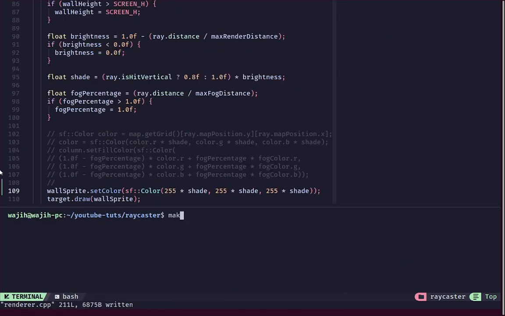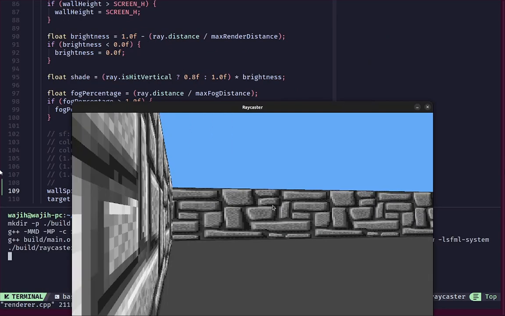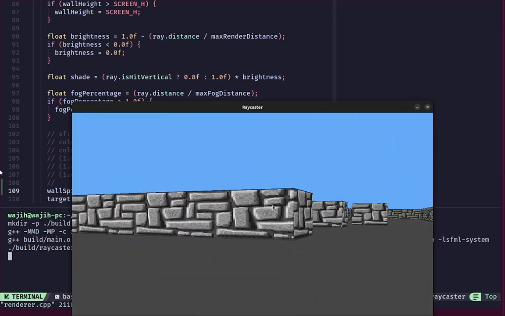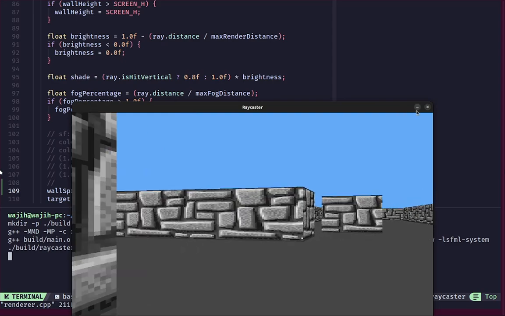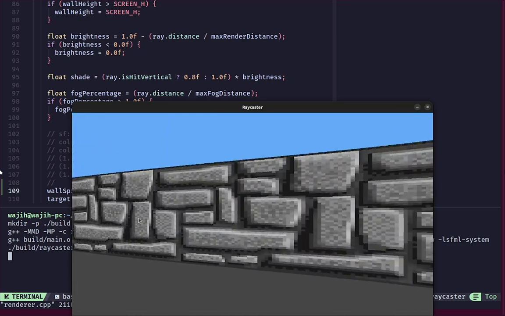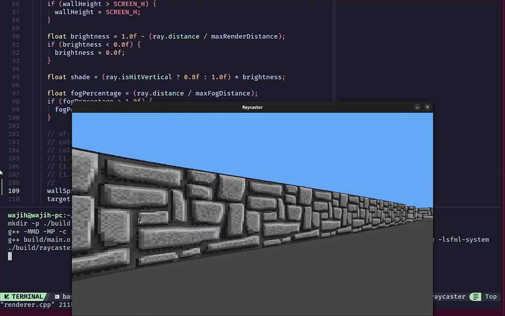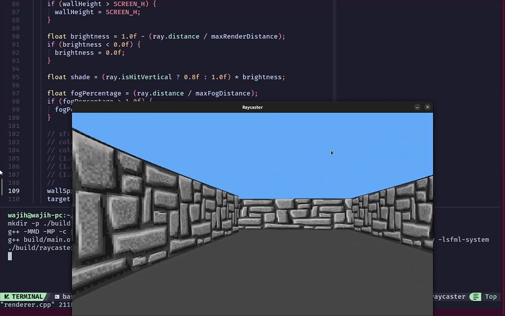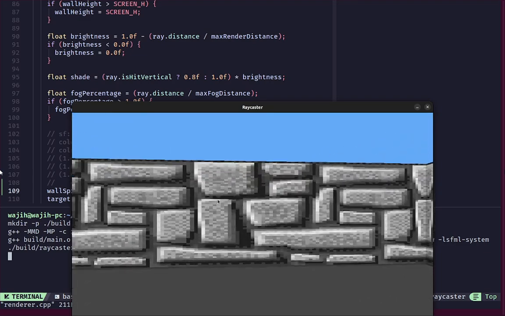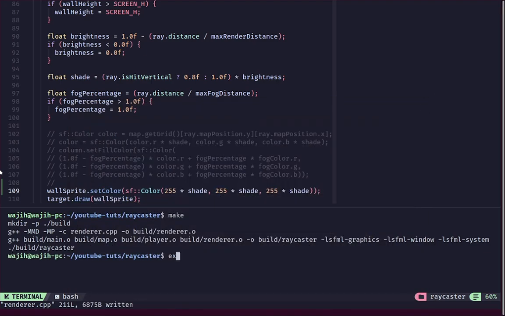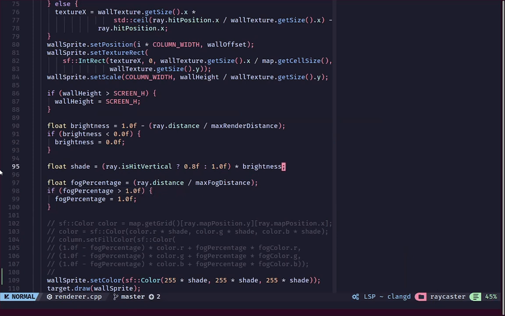Let's go ahead and run this. If I run make right now, what you should see is that we have got our shading kind of working. You can see that these walls are a bit darker, and the walls that are far away are also darker compared to the walls that are closer to the player. You can see that it is working somewhat, and those walls are darker. So that is working,